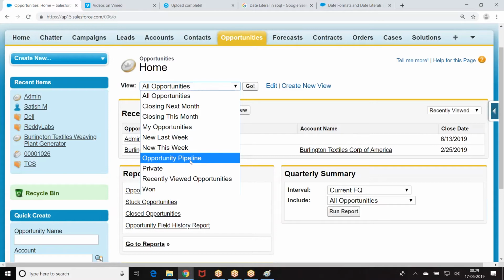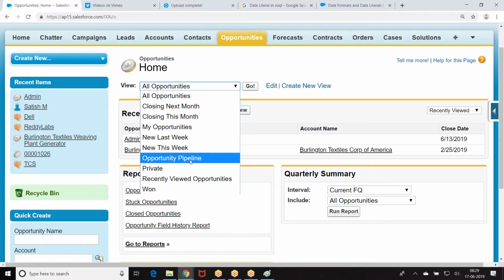Right? Can you try with this? I am going to give a pick list. In the pick list, we are going to say today, yesterday, tomorrow, this week, next week, last week. Like that, I am going to give. Then whichever option you select, the concerned data will be fetched and stored here.